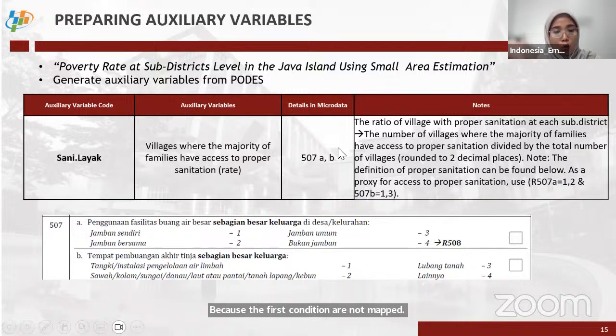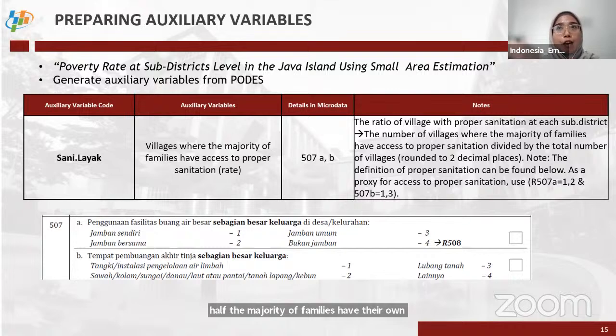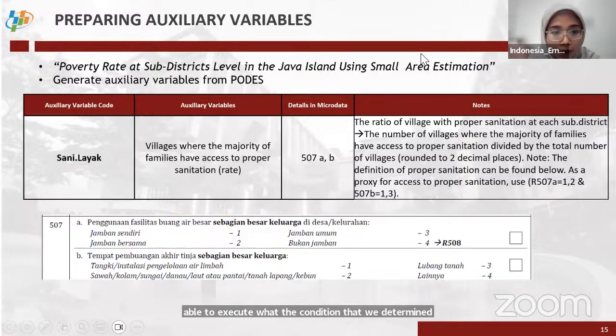Okay. Whereas if the answer for 507 is 1 or 2, it means that the majority of families have their own toilets, or they have a toilet that is used by some families but is not a public toilet. We can classify it as having proper sanitation. Okay, so we interpret these two conditions into R to be able to execute the conditions that we determined to classify the villages. For example, here